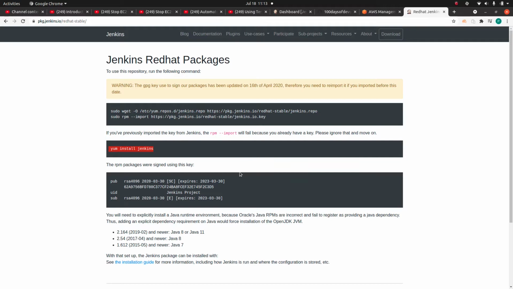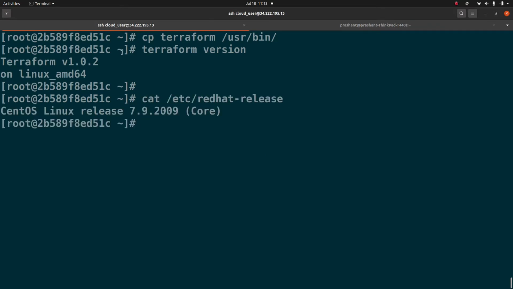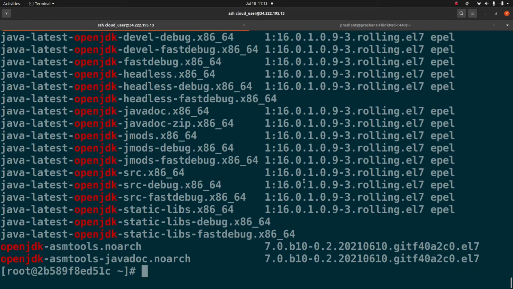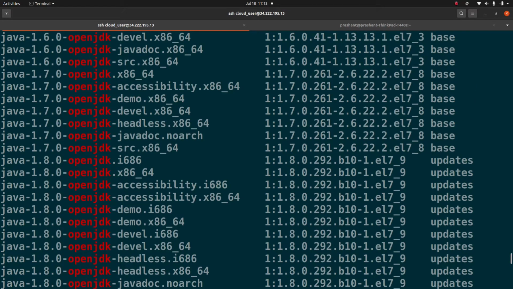One thing, please remember, let me show you that. I'm running CentOS 7.9. If you try to list out the OpenJDK packages, because Jenkins is written in Java, so Java is one of the requirements. If you list out those packages, you see at the bottom the 1.16 version, right? And at the top are 1.11, 1.8, 1.7, and so on and so forth.